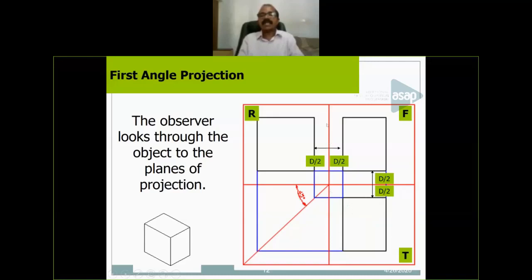Then you have to consider a profile plane here. Here they considered the left profile plane. So that's why they marked left profile plane. You have to draw the right side view of the object. So draw the XY line, then the elevation, draw the plan, then the profile plane. The profile plane will meet the XY line at a particular point. There you have to draw a 45-degree inclined line.